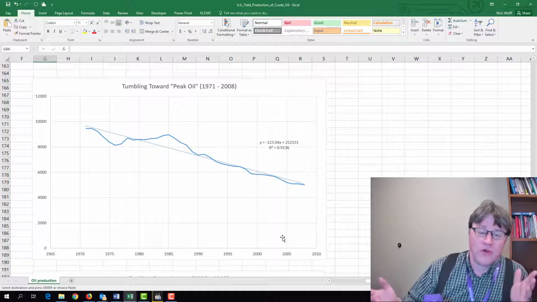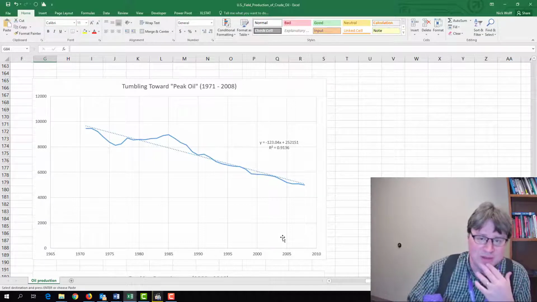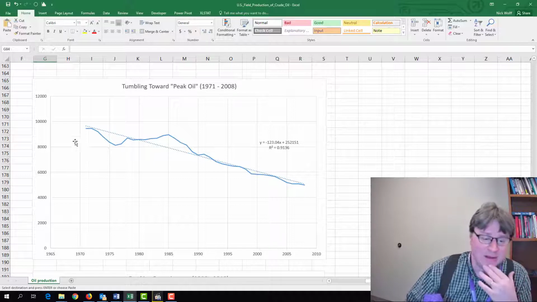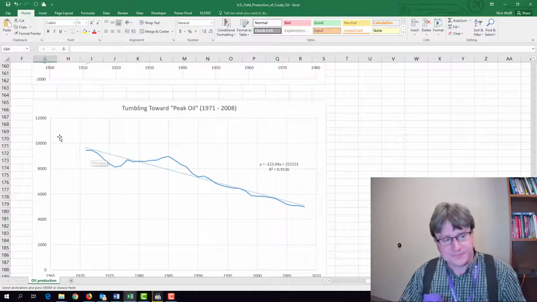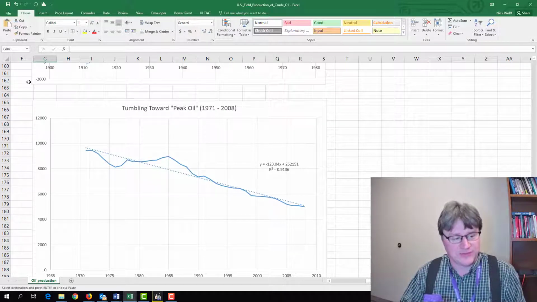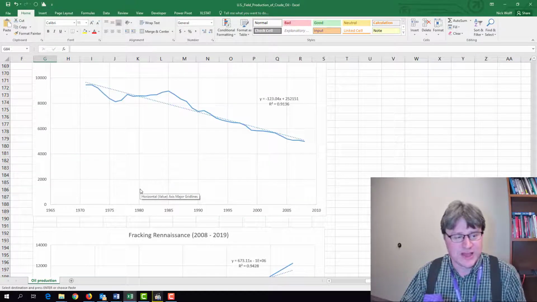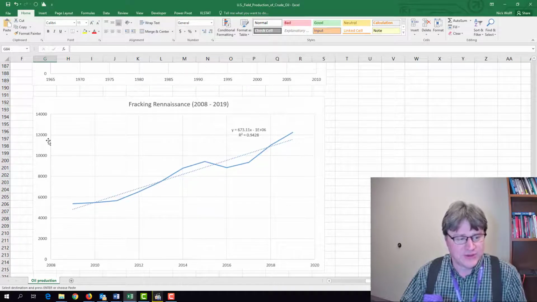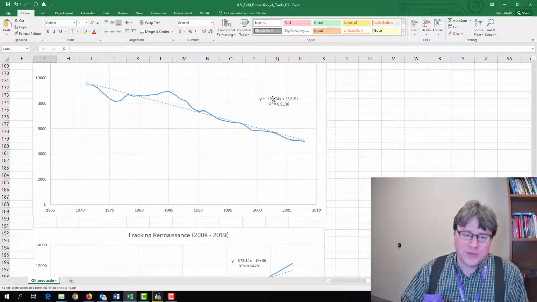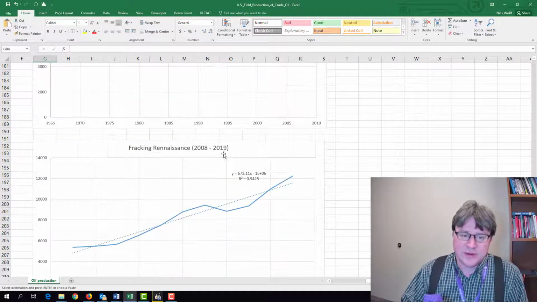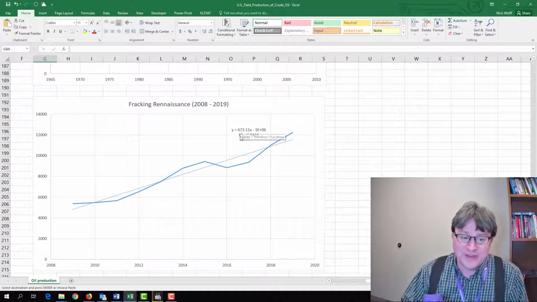But lo and behold, technology through innovation has changed the game yet again. And now we are in the fracking renaissance. Now look here. The scale here is again from 0 to 12,000, same as the last chart. Now it's from 0 to 14,000 and only growing up. So here, we can see this was going down 123,000 barrels a day. Now it is increasing